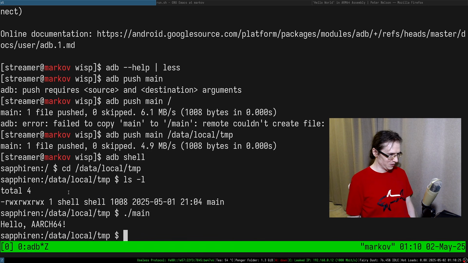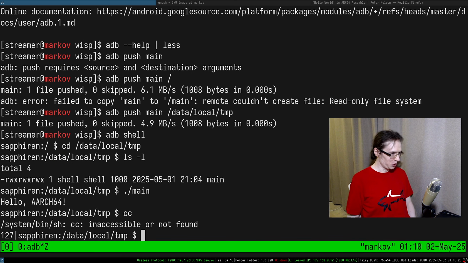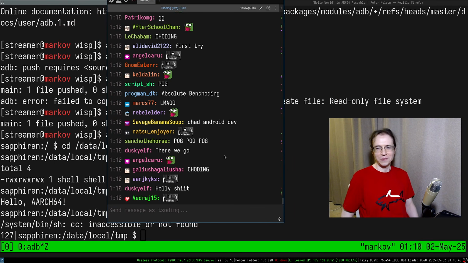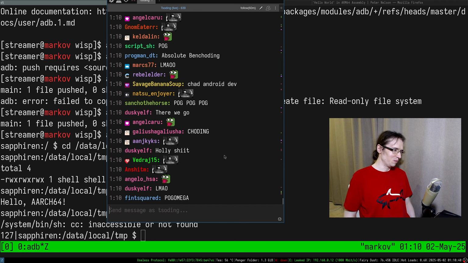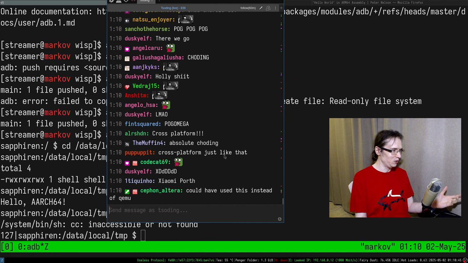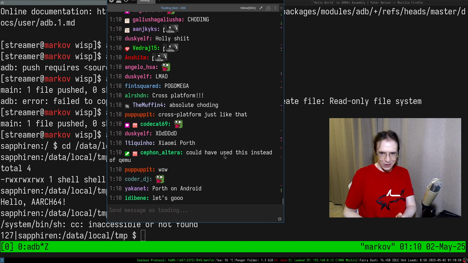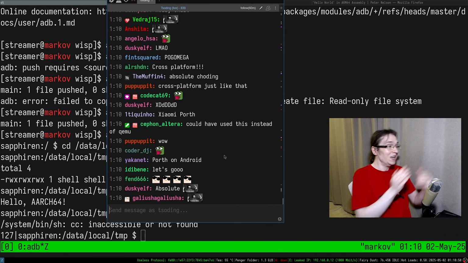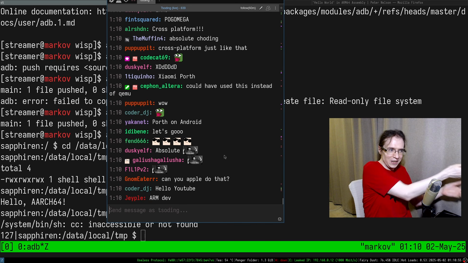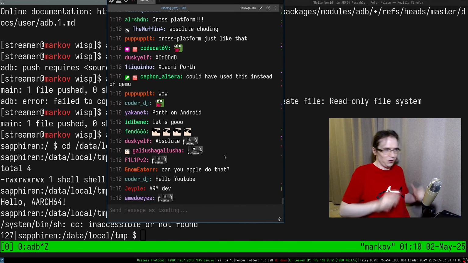I don't have a compiler on my phone, but I can craft an executable in an ARM virtual machine, push it on my phone, and still run it. This is so fucking cool, because when I bought this phone and was playing with it, I was thinking, okay, I can adb shell into it, but I can't program in C on that phone. Now I can. I can simply craft an executable in a virtual ARM machine, then put it there, and it works. I can do anything in here.